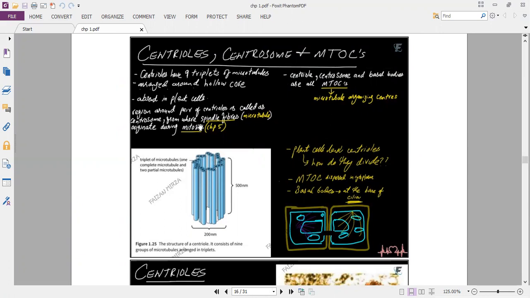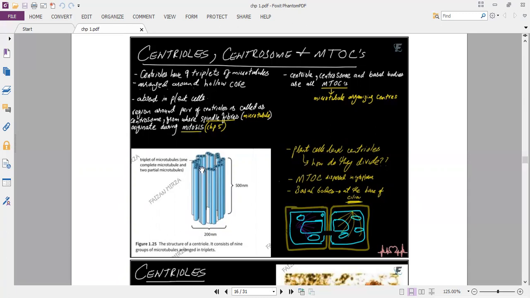Centrioles and centrosomes are considered to be microtubule organizing centers because these are the regions where the microtubules originate, which I have just discussed. In animal cells, the centriole is visible. And why is the centriole visible? Because it is a highly organized structure. And how is it visible? There are 9 triplets of microtubules arranged at a certain angle to one another.